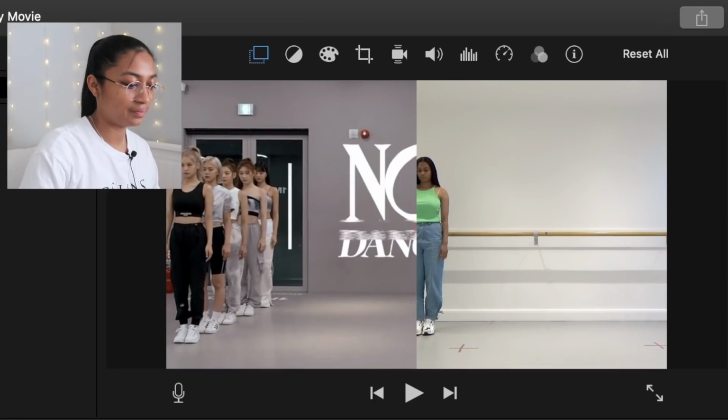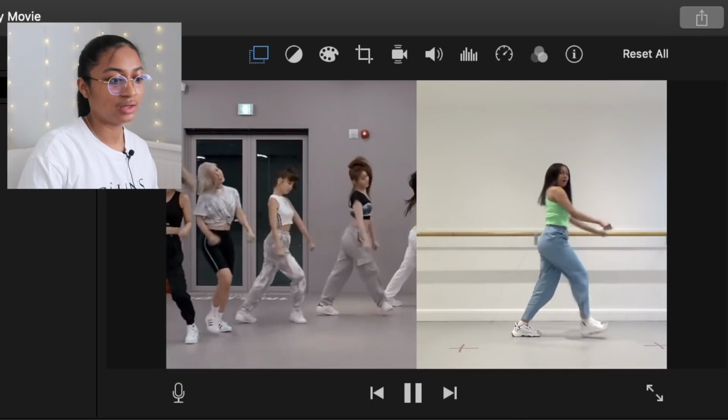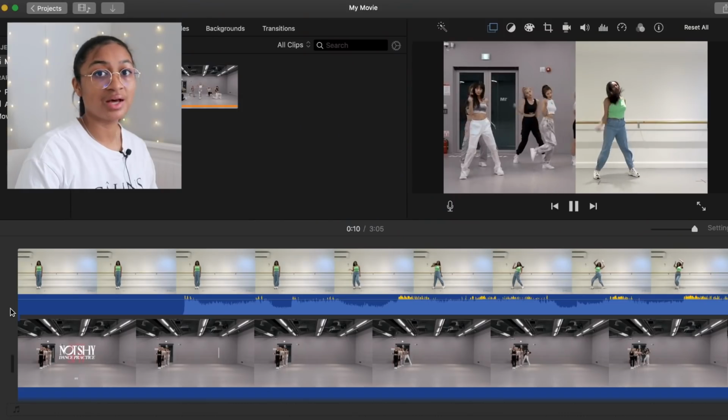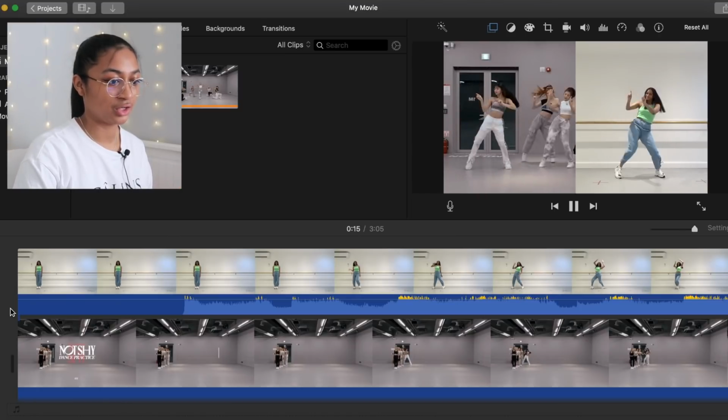So now we're going to play it. Yeah, so now that I play it, this is fine for me. They're still a little bit smaller than me, but it's fine. Okay, so now that we're playing this, sure, Itzy are the same size as me and everything actually looks quite